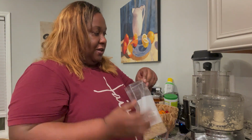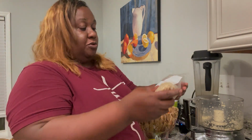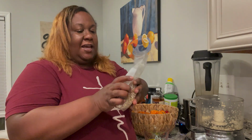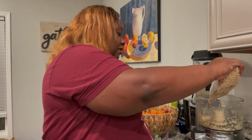The recipe calls for like a 1/3 cup of pine nuts. All my measuring cups are in use, so we're just gonna eyeball this. The recipe said that you could use any kind of nuts like almond or macadamia, but traditional pesto is made with pine nuts. I had these in my freezer, so they should still be good. I'm just gonna eyeball it and put in here